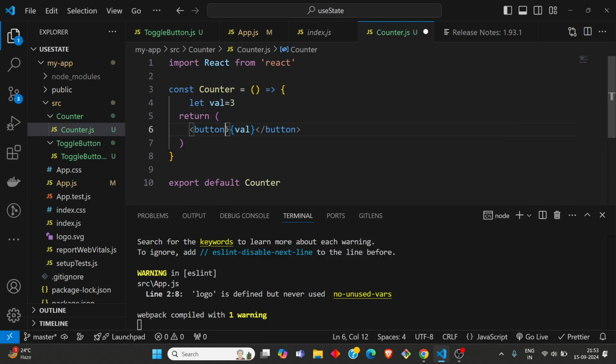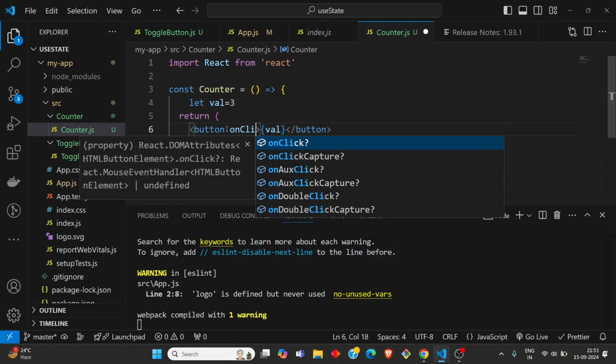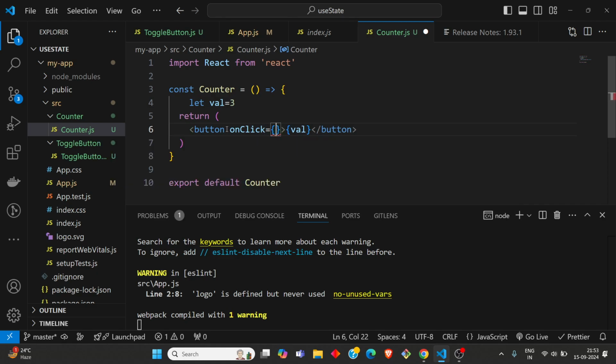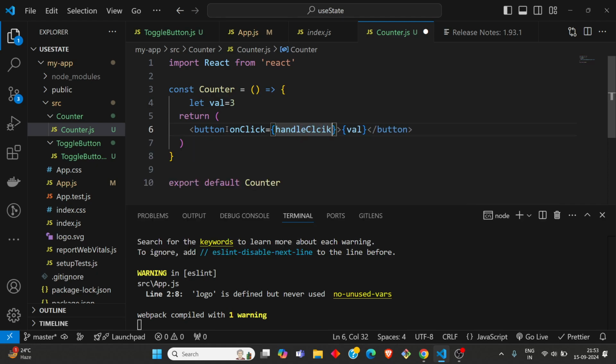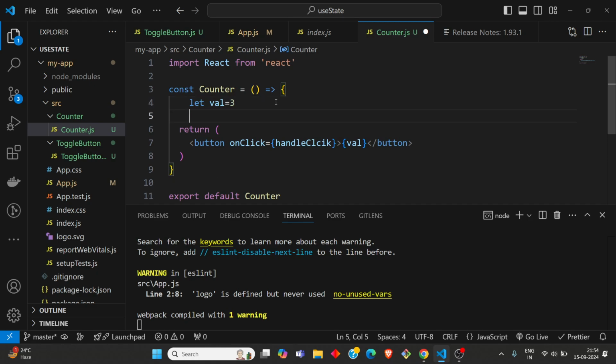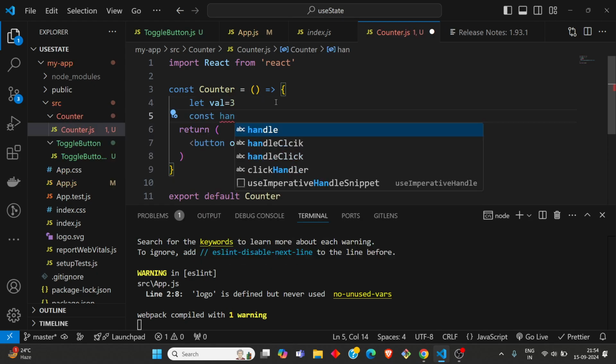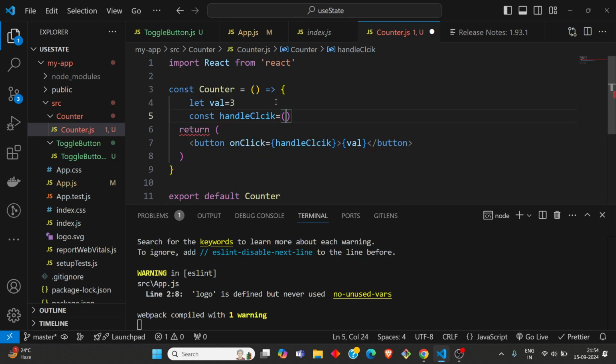Okay, now we will use an onClick handler to handle the click. Now we'll create a function to handle the click,